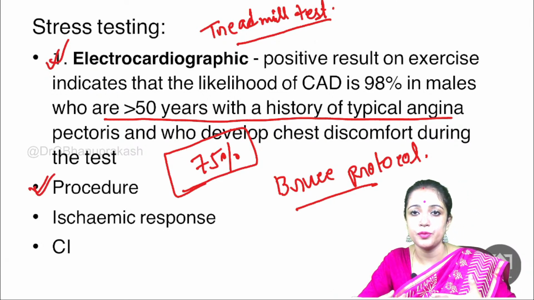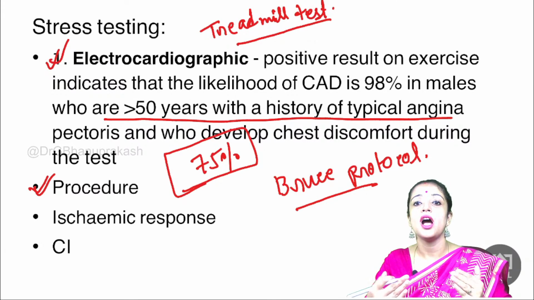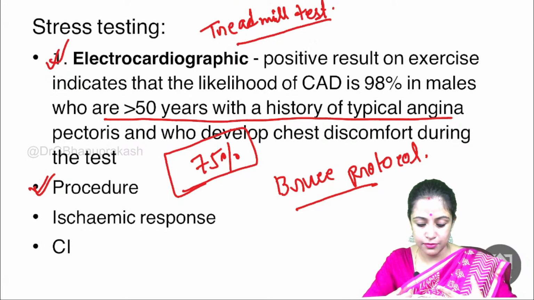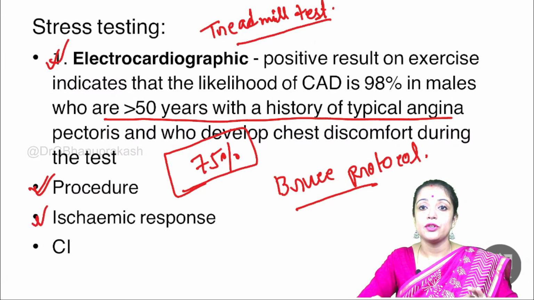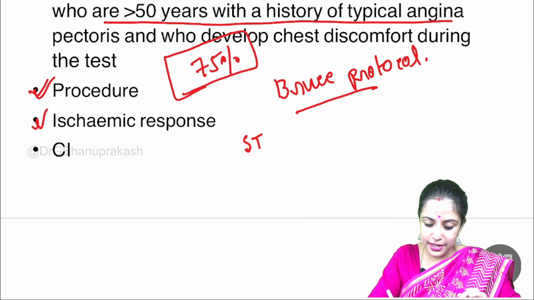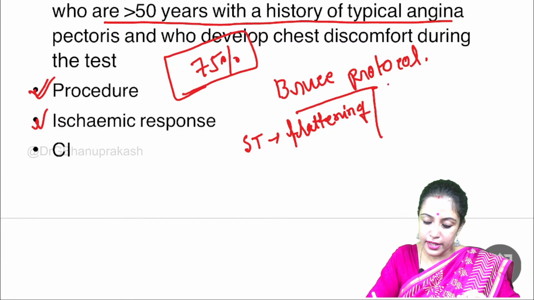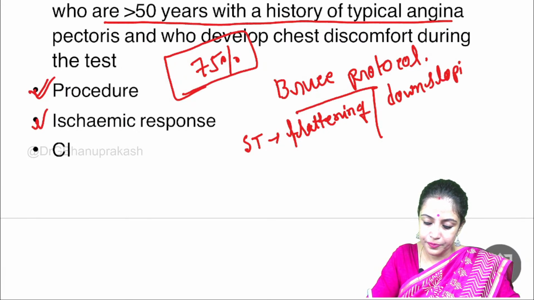Procedure. I have said about the procedure. The patient's blood pressure, heart rate, and ECG will be monitored before, during, and after the procedure, and we will see changes in the ECG and blood pressure. What is the ischemic response when we say the test is positive? If there is ST flattening or down sloping ST segment, not up sloping. Remember that, down sloping